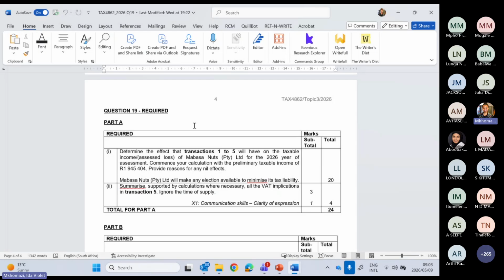So when I get the required, I would take a minute just to determine how much time I need to spend on each part of the required. So earlier on, I said we apply the 1.5 minutes for every mark, but you can make it lower for yourself. So if we look here for required A1,